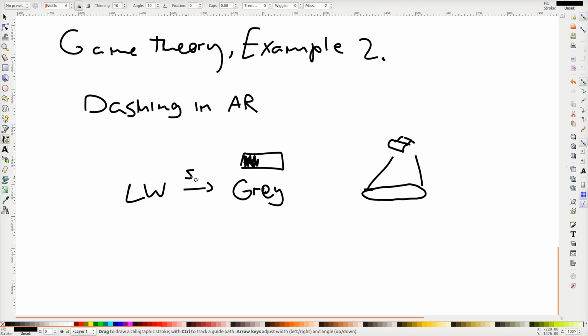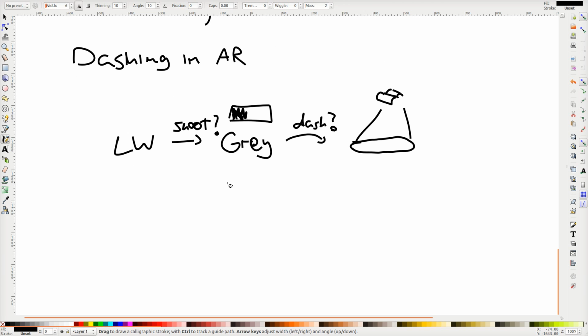Lockwood's going to shoot Gray unless Gray dashes. And both of these are options. I mean, Gray could choose not to dash, and Lockwood could choose not to shoot. So here's how I'm going to set this up. I'm going to say if Lockwood shoots,